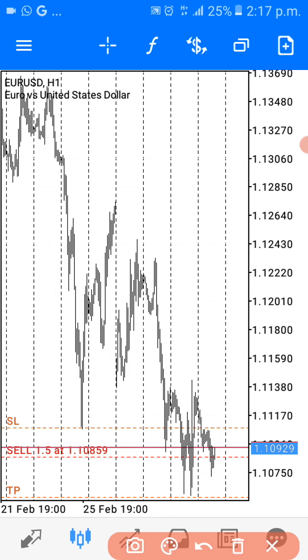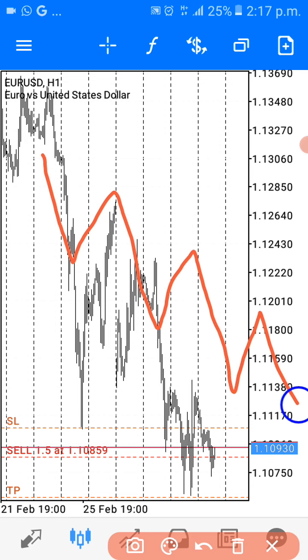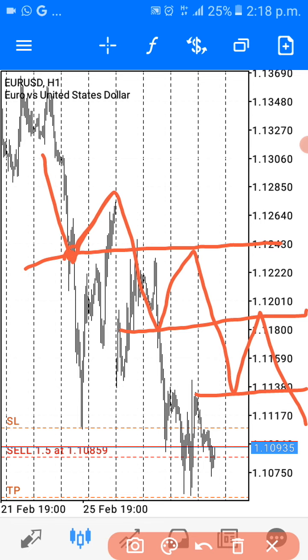Whenever we are on a downtrend, price will be moving in this manner, up, down, up, down. But if you notice, you find that the turning points tend to link up, right? The turning points tend to link up. Like here, it rejected, and then it managed to win back, and then it dropped all the way down. But later, after trying to go back, the same point where it rejected previously when it was above has become like the roof, right? And now it's heading for another zone. After breaking that zone, it's coming back again. The same zone where it failed to break through has now become like the resistance,